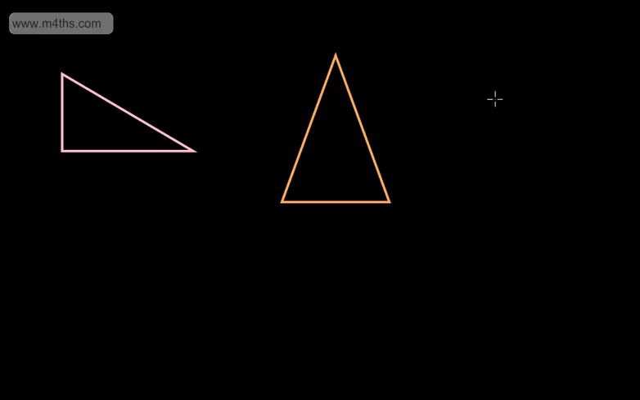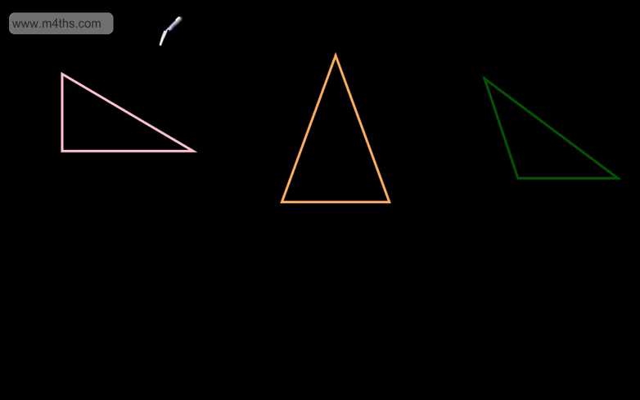In this video, we're going to look at using the formula 1/2 ab sin C to find the area of a triangle. Let's start off with three different triangles. I'm going to have a right angle triangle, an isosceles triangle, and a scalene triangle. If we can find the base and a perpendicular height for each of these triangles, we can